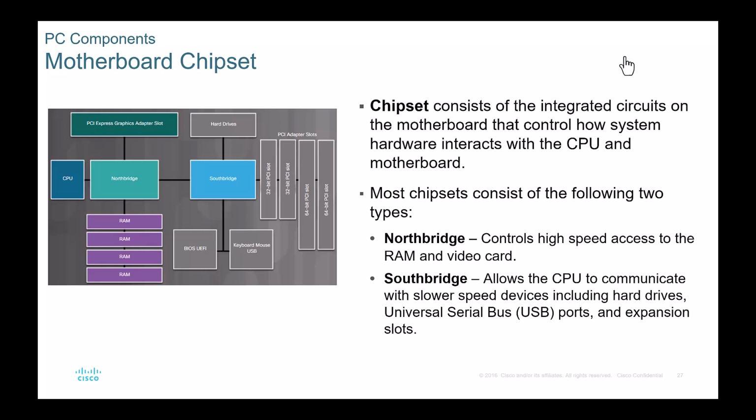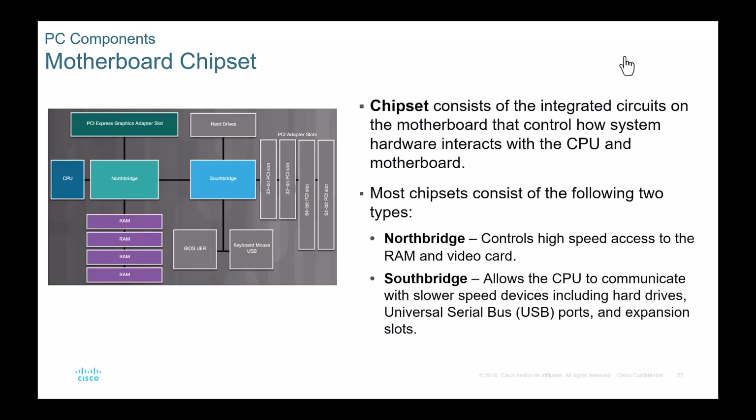So over here on our south bridge, this is where things are a little bit slower. So we have our hard drives, because again, we don't want to have our bottleneck. Our job is to compute things as fast as possible. If we came in here and threw a hard drive in here, especially if it was a slow hard drive, and we put that in the mix, it would slow everything down. So that's why we do keep them separate. Because after this computing is done, then it hands it off to the south bridge and says, hey, this is going to the hard drive, you deal with it. Okay, I'm going to keep computing things very quickly.